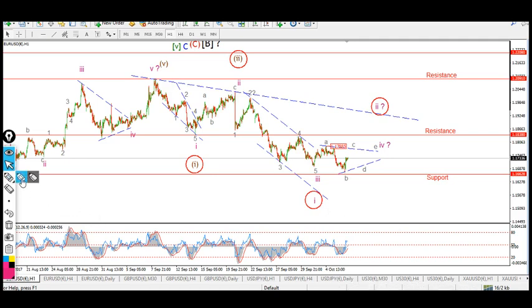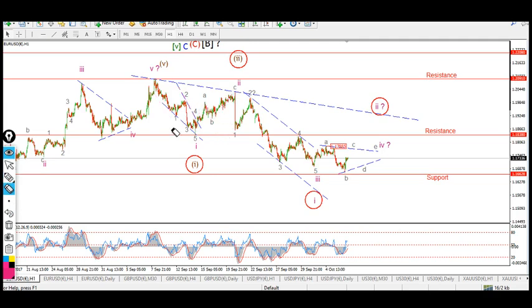All right, let's start with the euro dollar. I want to concentrate on the alternate account here at the moment. I've shown a declining wedge here in wave 1, and a pretty clear three-wave pattern in wave 2,